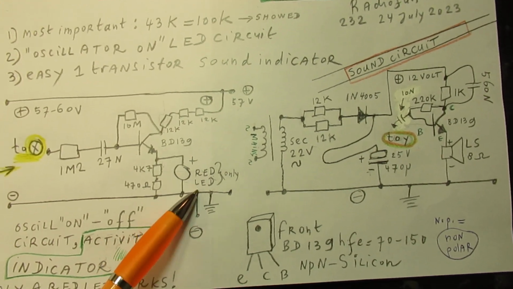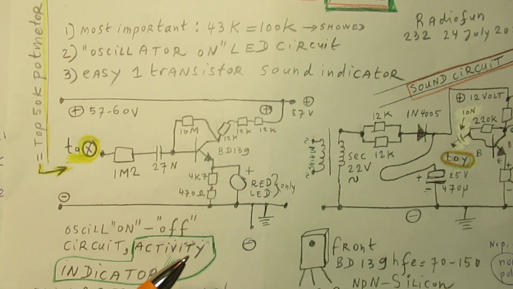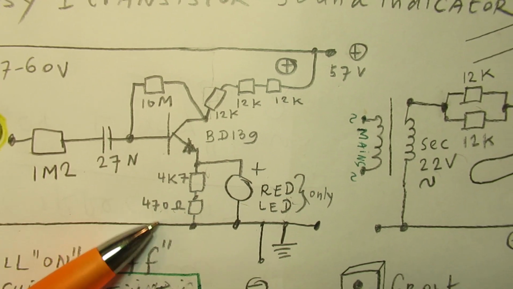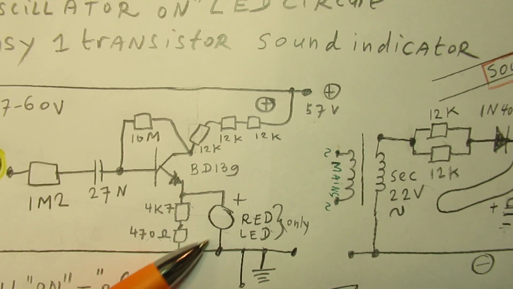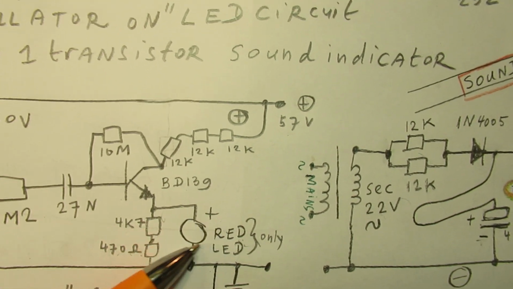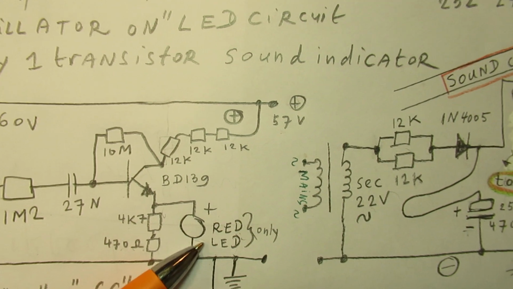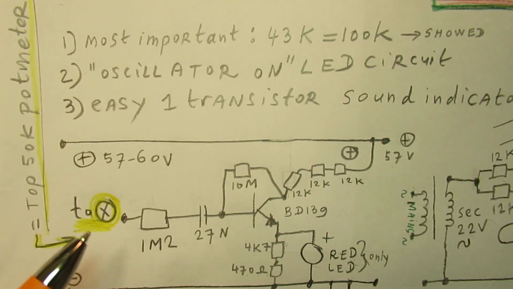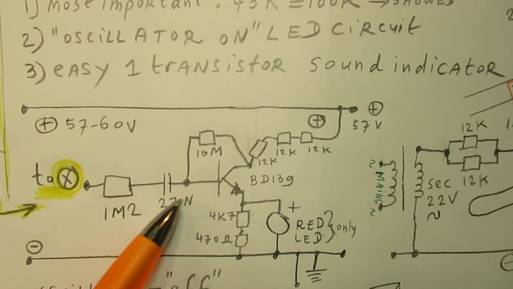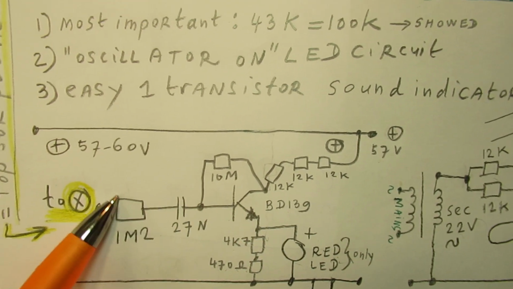So here is that red LED indicator. By the way, only a red LED works here. No other colors work here, and I have indicated here 4K7 and 470 ohms. It's a good idea to use here a small potentiometer in the order of 10 kilo ohms to set how that LED burns when the oscillator is working or not in a specific way. And on purpose, that's of course logical. I made this circuit in such a way that there is an enormous decoupling out of that LED indicator to